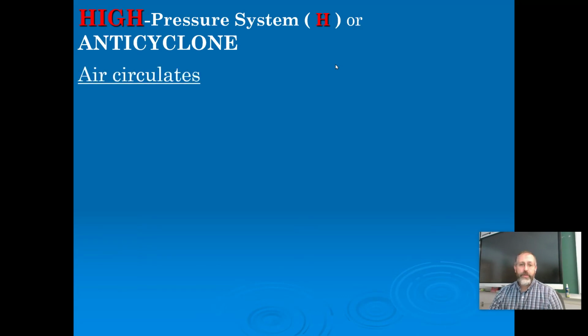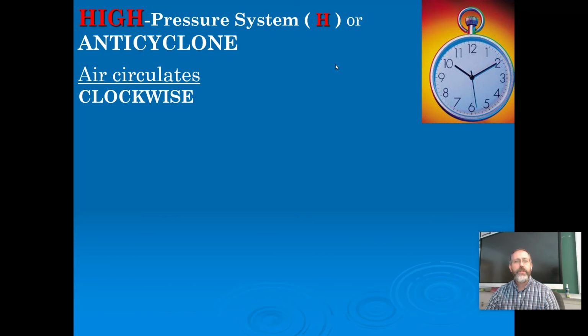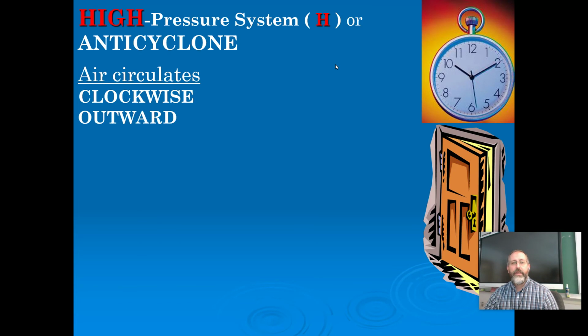In a high pressure system, the highest pressure is in the middle. Winds always want to go from high pressure to lower pressure. So since the highest pressure is in the middle, the winds are going to start in the middle and head out away from that point. As they go out, they're going to curve to the right, their right. So that means in our hemisphere the winds are going to be going clockwise,